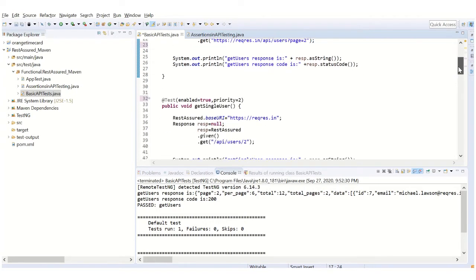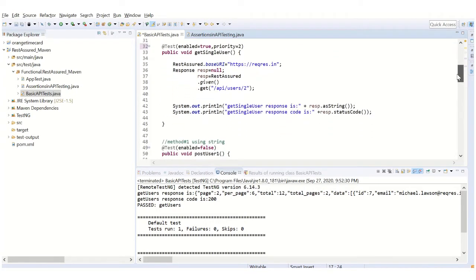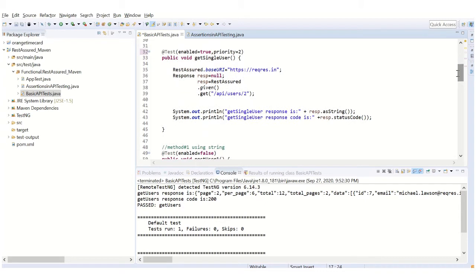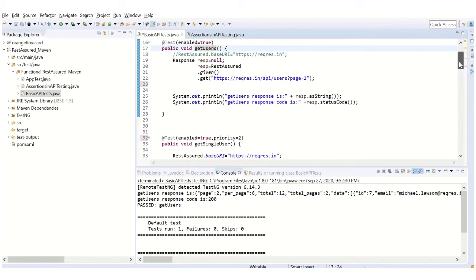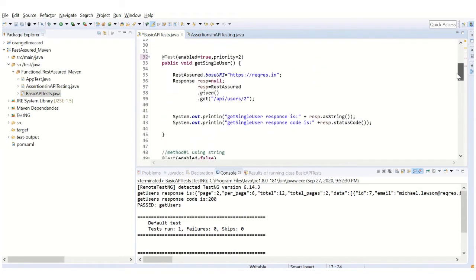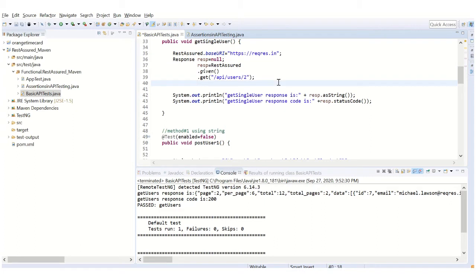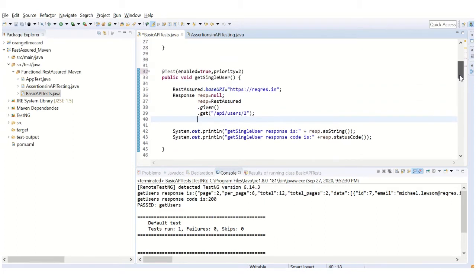But the most preferable and formatted way of building a get request is this, so that you can separate the base URI from the URI that is related to that particular API. There is no difference, it's just that I have used a different way to make this request and nothing else. So we'll run this one as well.